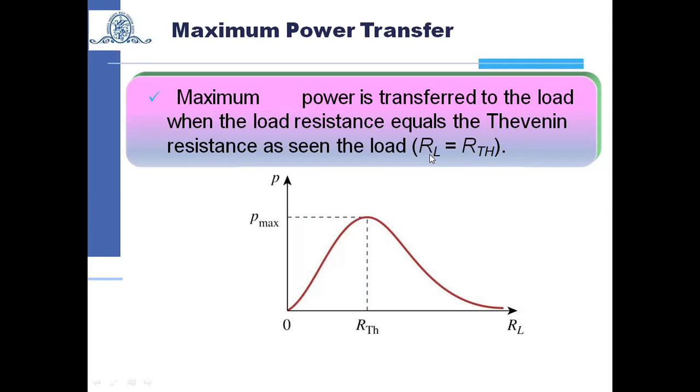At that time we can say the load will be ZL. Now load ZL will be purely resistive, because for a network consisting of only a DC source and a resistor, according to the Thevenin theorem we can replace our circuit by